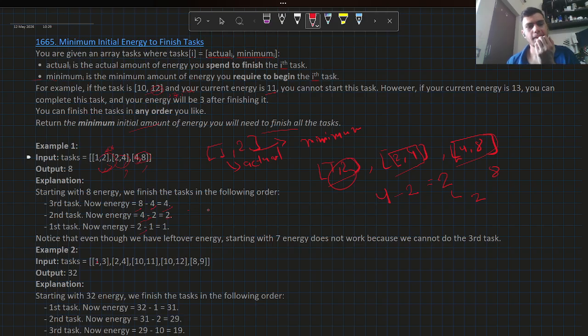If we have 9 and 10, then in all the cases, greater than 8, we can easily perform all the tasks. But if we have 7, then we can't perform this task. So we have to return the minimum energy. In this example also you can see,